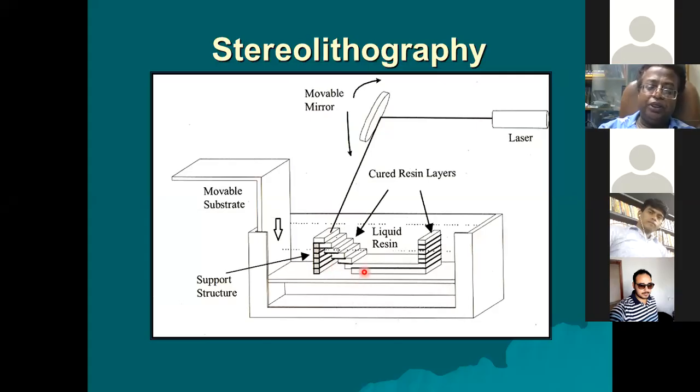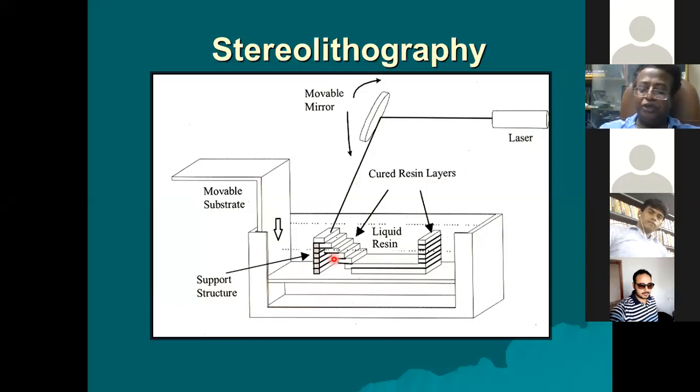In the deposition of the first layer, the laser spot will move like this, and wherever it goes, the material below will convert into solid. There will be a polymerization reaction, and that is how you deposit the first layer.